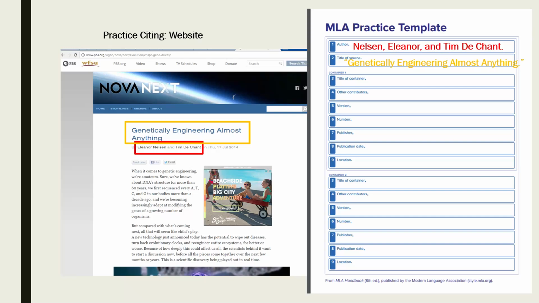There are no contributors, there's no version or numbers or issue numbers. So we'll move on then to the publisher. The publisher for this website is PBS/WFSU. The date when this article was published on the website was on the 17th of July of 2014. And the location of this website is at